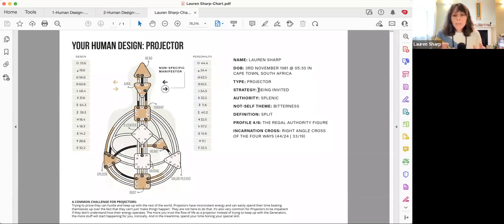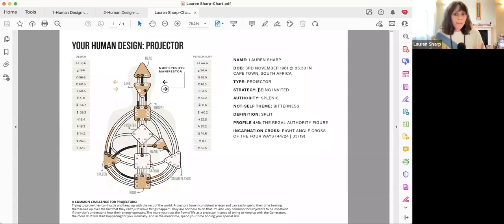So if I put that into a sentence, that means that when I'm invited, I then access my authority. My authority tells me how that feels for me. And I use the word feel in brackets, but it gives me that information as saying, like, Lauren, this is good or this isn't good. And in that moment, I need to make that decision and say, yes, I feel activated. This is something I want to go through with.